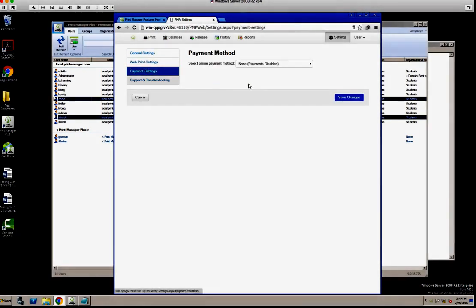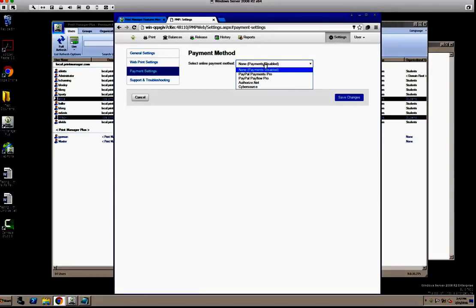Because we do online printing, you can also set up a payment system. And again, not everybody is going to use this, but when you get into a lab situation, libraries, or public printing, they do want to use it. And here you can turn on PayPal, 2 different versions of PayPal, Authorize.net and CyberSource, which again covers most of credit card authorization out there. And again, it comes with a full built-in shopping cart. Users can print, and they can be billed by,